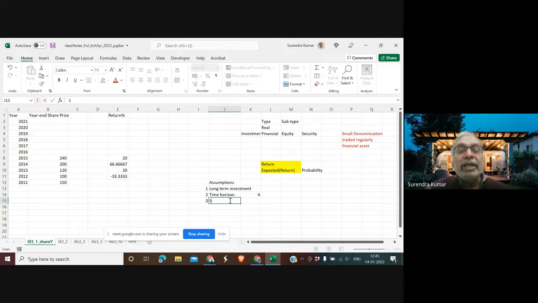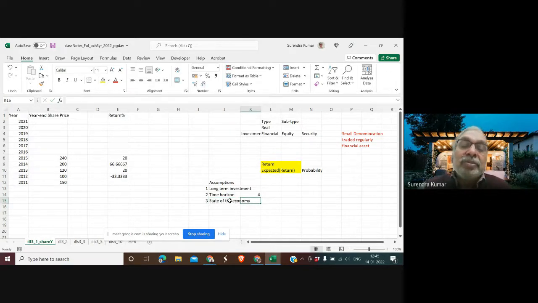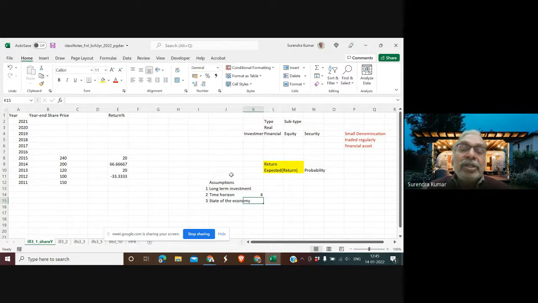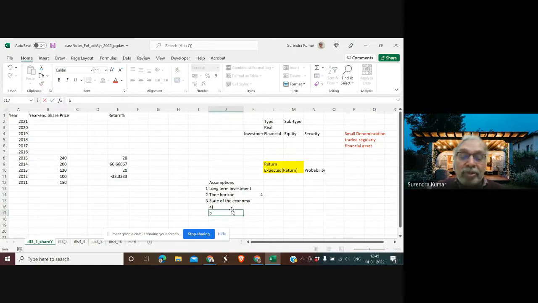We really need to guess the state of the economy for these 4 years. Now, this is the most difficult question to answer. But you need to answer if you want to calculate the returns, if you want to make investment, you need to do that calculation. So to do that calculation, let us say we divide our state of the economy. I am making it very, very simple in terms of the state of economy. Let us say there are only two states of the economy.